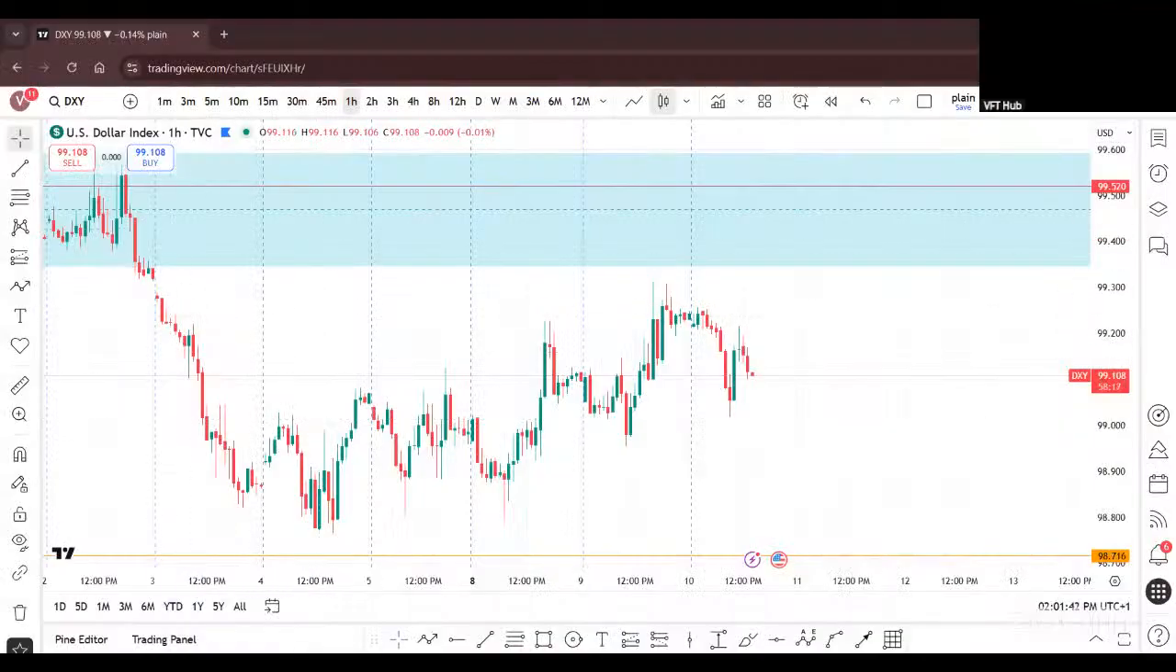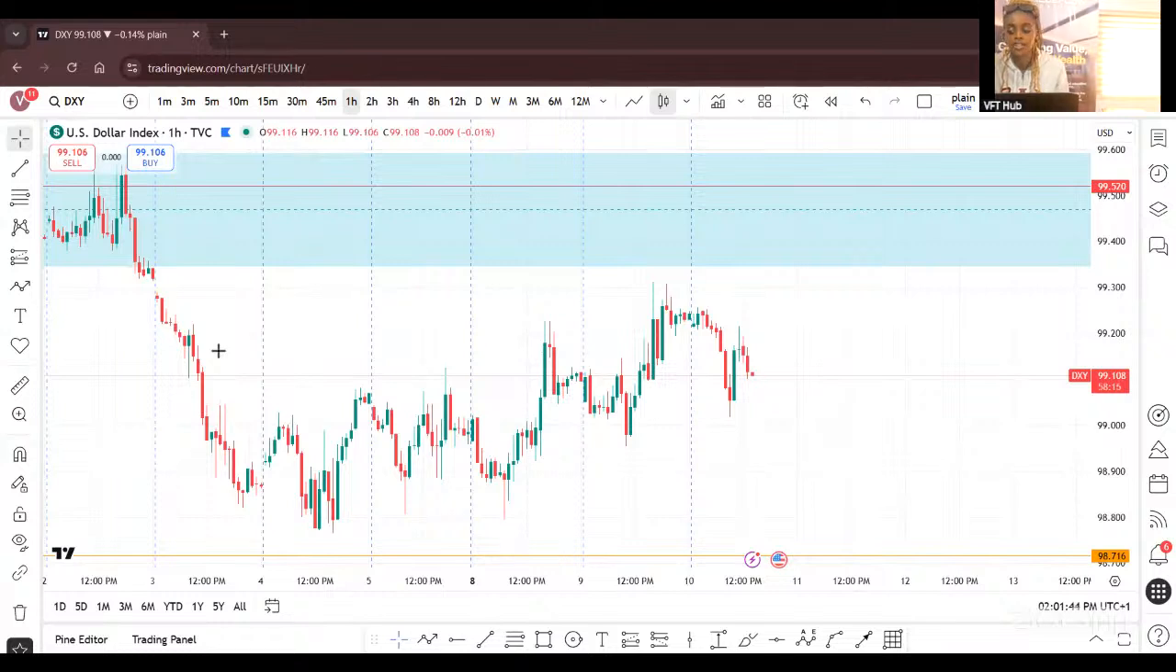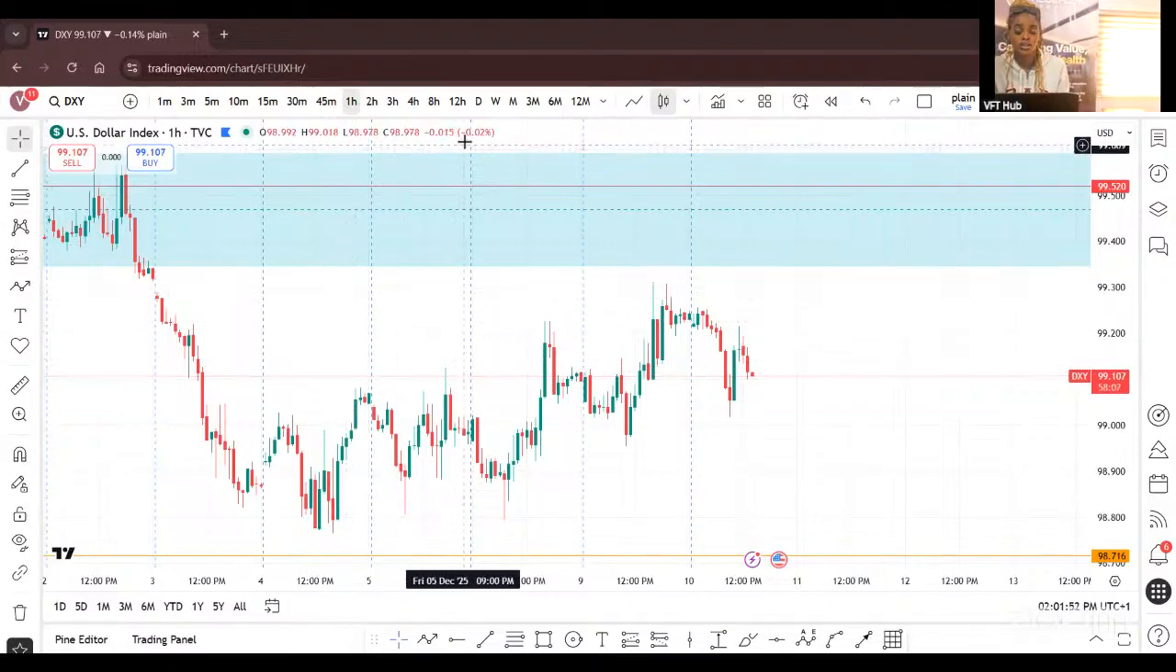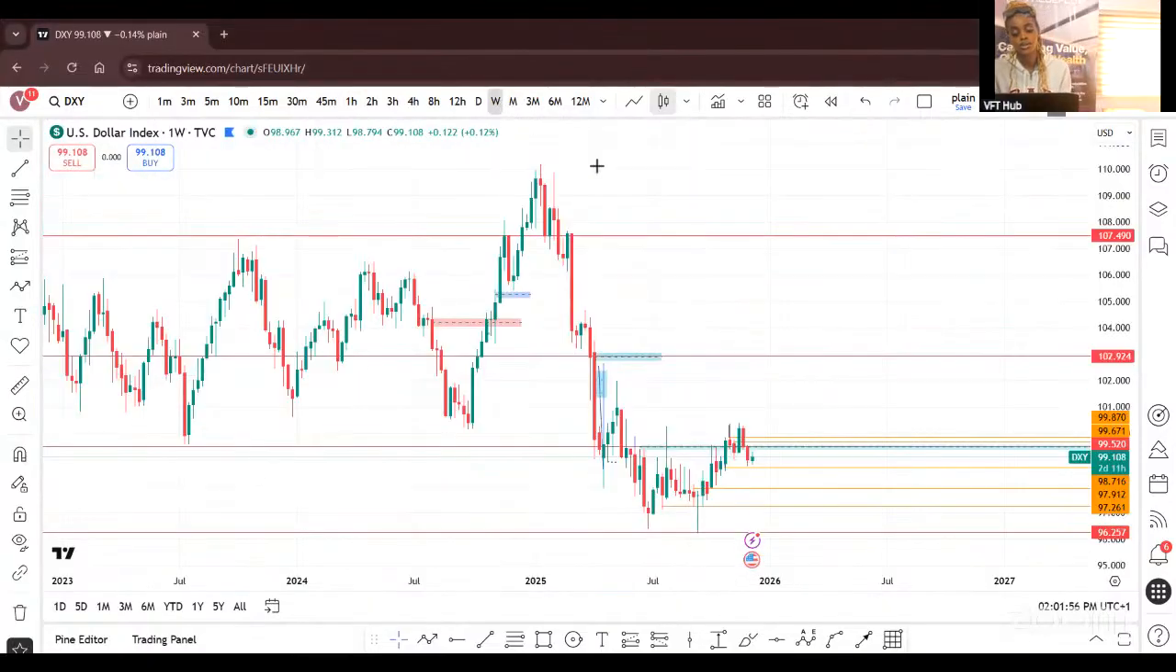This is going to be very brief, as the only thing we focused on is the recap of the analysis we had during the London market conversation. So on the weekly time frame, we've been looking at this price point